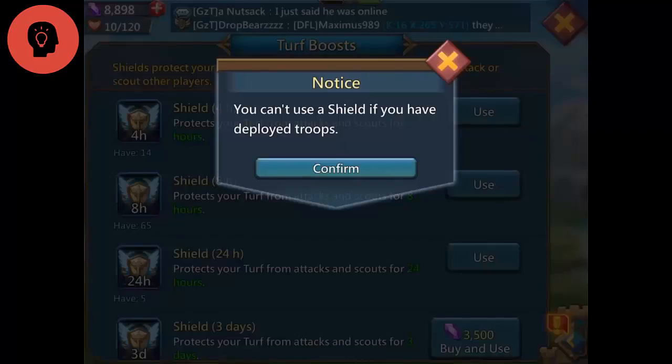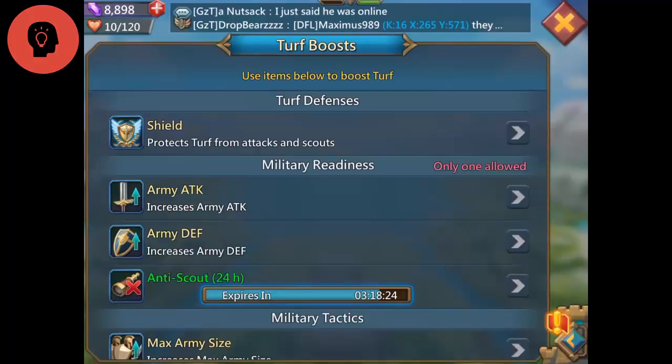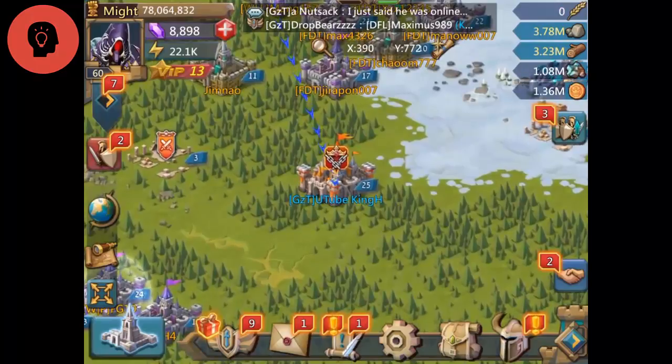Shield, let's pop an 8-hour shield. Pop a shield. Oh, I've got troops out, it won't let me roll it. Can you pop? Oh no. Okay, I got troops out, it won't let me. But anyway man, if you pop a shield, it releases your prisoner, and well, it pretty much renders your battle